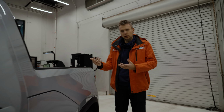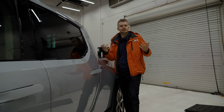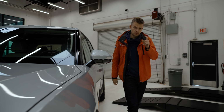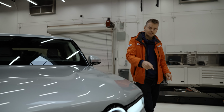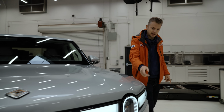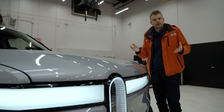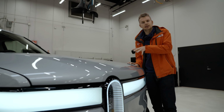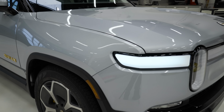At first glance, it all looks pretty familiar, and maybe it's less likely to end up on a bedroom wall than a Cybertruck, but there are some really cool details. These headlights and the LED strip are likely to become a Rivian signature, and they look awesome at night. Kind of different without being too try-hard. A member of our test team, Kurt, put it really well to me this morning when he said that the whole thing feels like it's been done by a product designer,